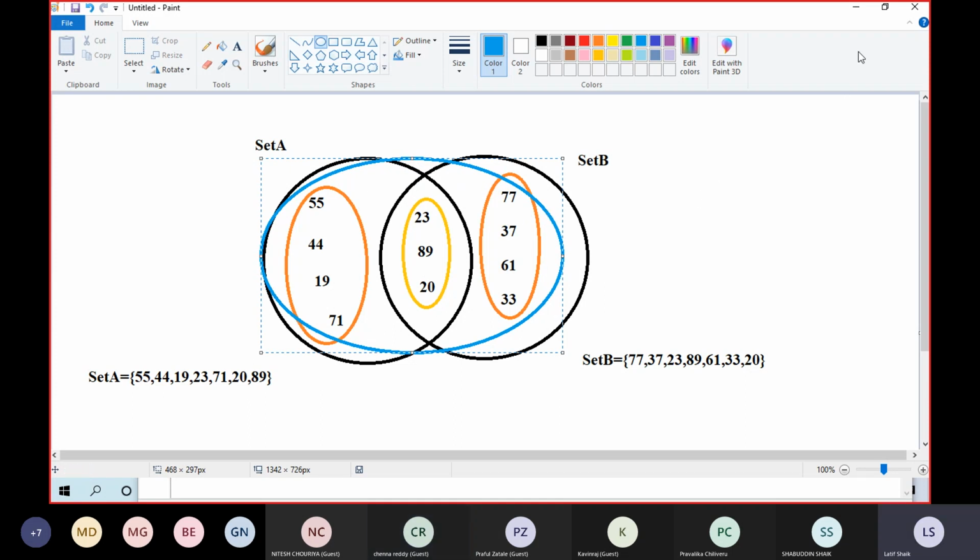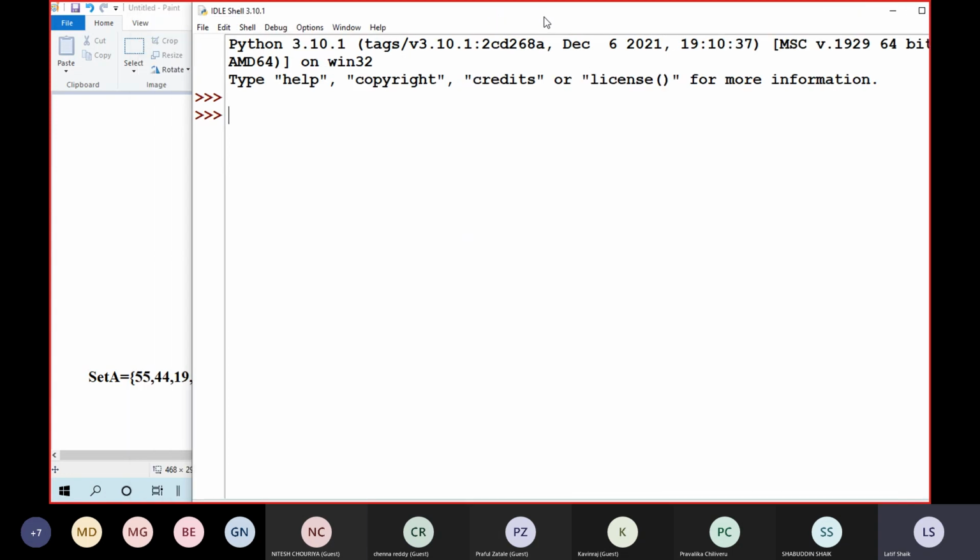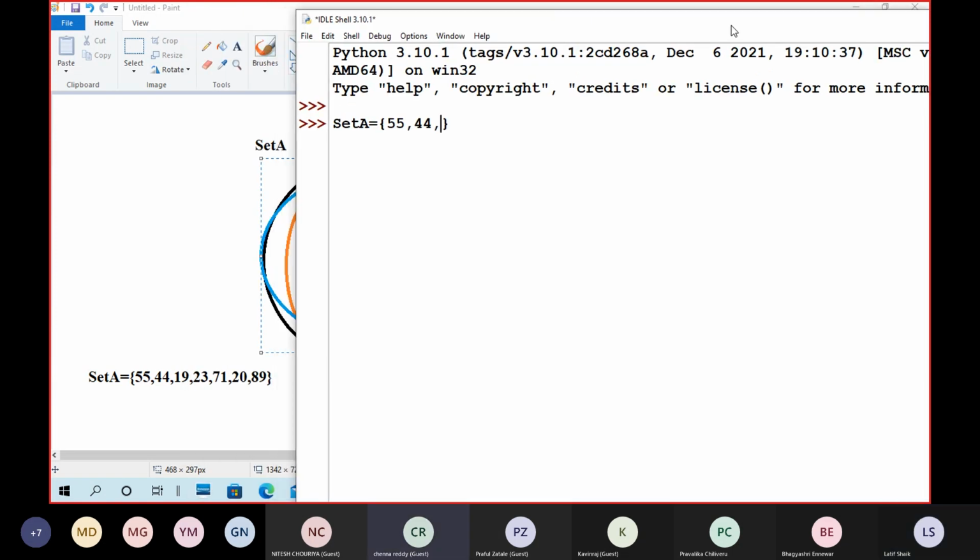So we'll see what we are able to do. First of all, we'll create one set, another set, two sets. Set A: 55, 44, 19, 23, 71, 20, 89. So this one set is created.